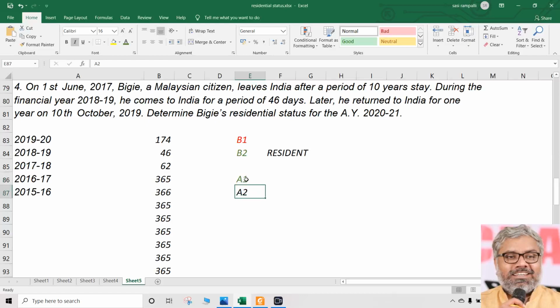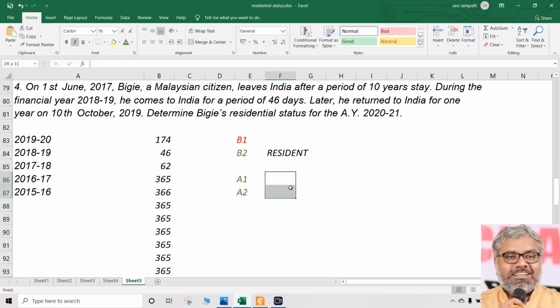Then additional condition number 2: he should have been staying in India for 730 days or more during the 7 years immediately preceding the previous year. Once again, 7 years immediately preceding the previous year, 730 days or more. Obviously by looking at it, it is clear, almost it is coming to 1934 days. So more than 730 days. For 730 days, 2 years are enough, since 365 twice is 730. So definitely here also we can be very clear. In the 7 years immediately preceding the previous year, did he stay for more than 730 days? Yes sir, answer is yes.